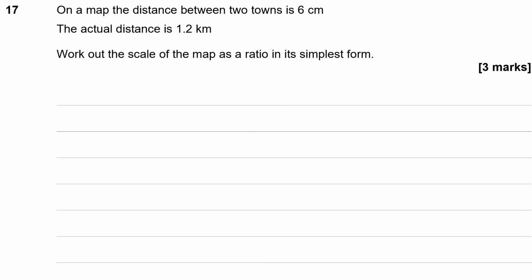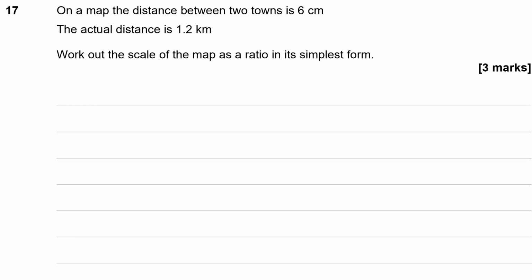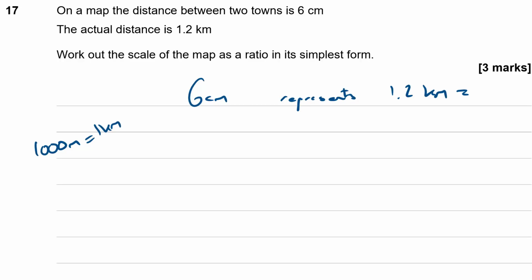Question 17. On a map, the distance between two towns is 6 centimetres and the actual distance is 1.2 kilometres. Work out the scale of the map as a ratio in its simplest form. Okay, so 6 centimetres represents 1.2 kilometres. When I write this ratio, they need to be in the same units. So 1.2 kilometres, we know that there is 1,000 metres in 1 kilometre. So multiplying that by 1,000